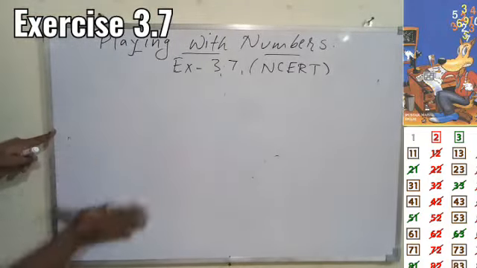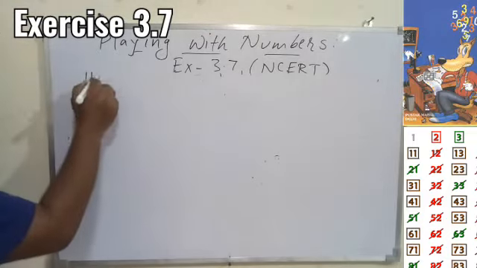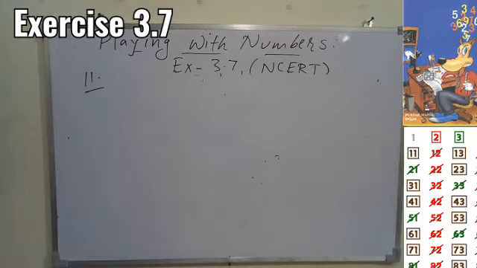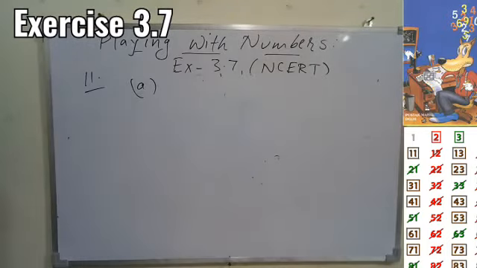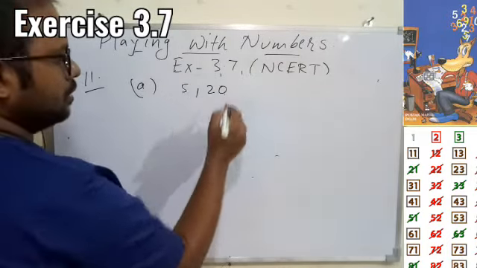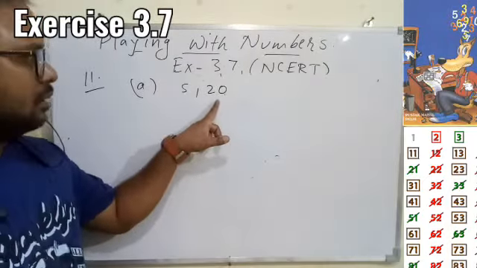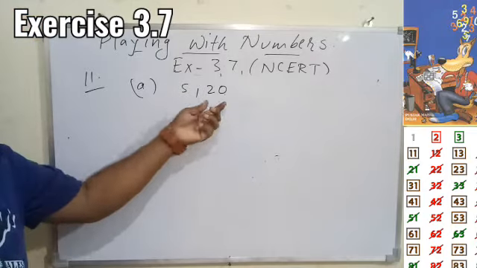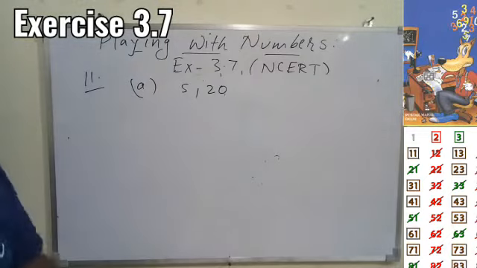I am trying the last one, and then you can take the rest of the questions as homework. Question number 11 says: find the LCM of the following numbers in which one number is a factor of the other, and do you find any relation between the same. So overall we have to find the LCM, and the first pair is 5 and 20. All the numbers given to you in A, B, C and D have one number as the multiple of the other. You can see 20 is the multiple of 5. So we have to find the LCM, and then a relation.